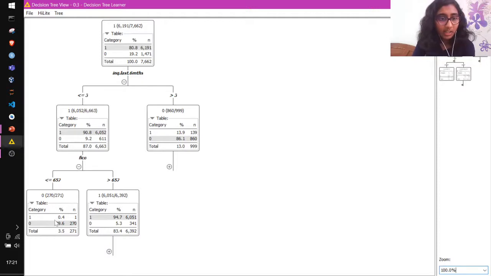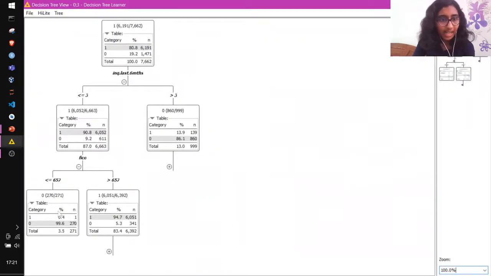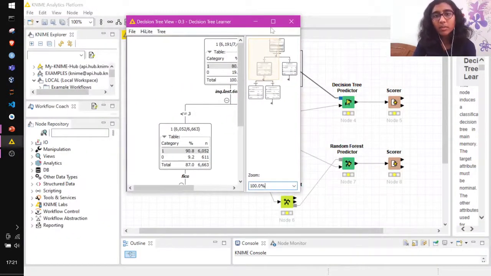And once we do the decision based on FICO, if it is less than 657, we see that almost all the values, 272 out of 271 values, are coming as 0.